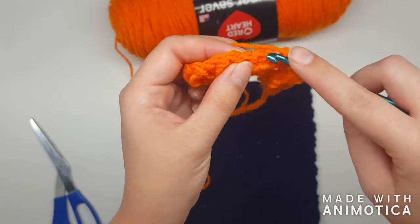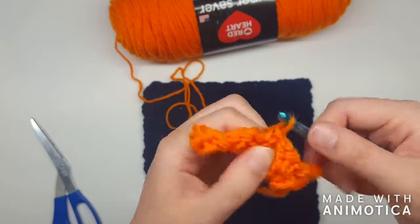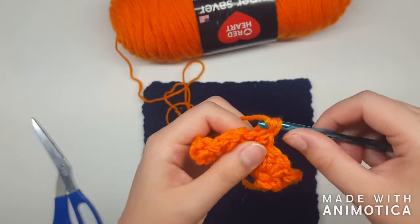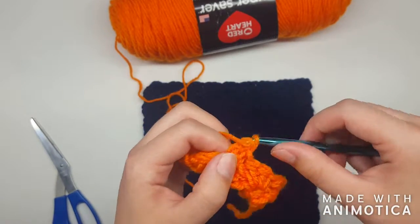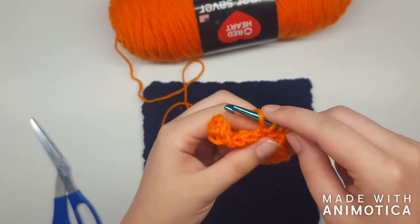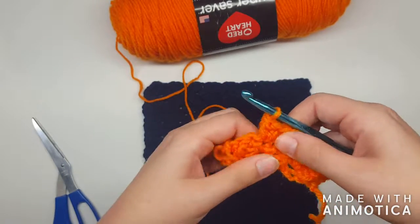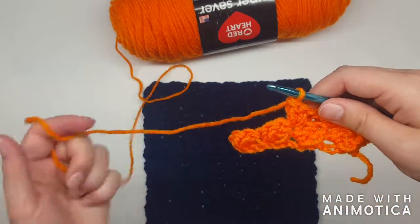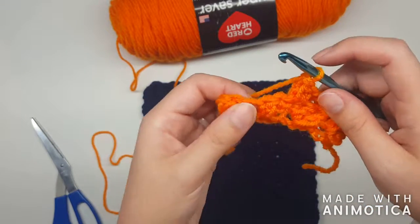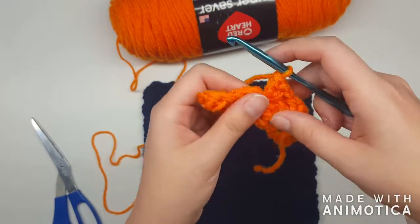Okay, again, skip 2, go in the next one, single crochet, followed by 2 double crochets. Now, this is not my favorite crochet stitch to do. I think it looks a little messy, so if you're more OCD like me, you might not enjoy this pattern as much. But it is going to give some variety and texture to this granny square blanket we're making. So hang with me in there. We'll make a beautiful blanket by the time we're done, even if this isn't your favorite stitch to look at